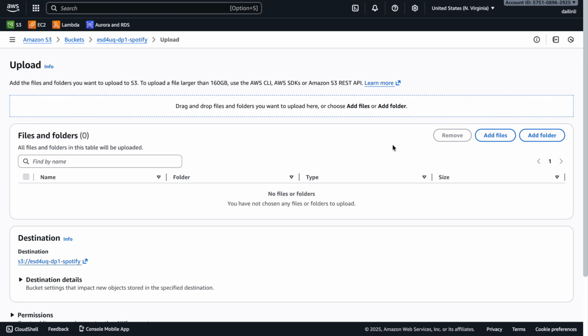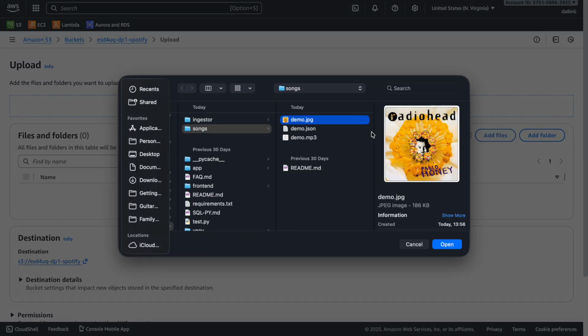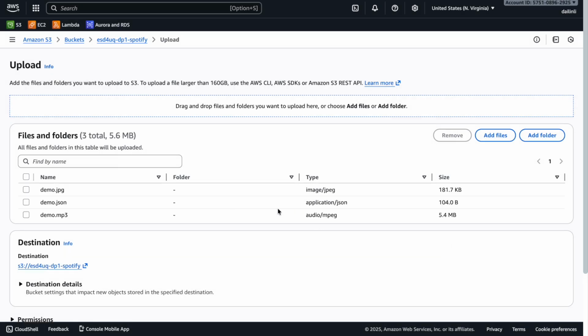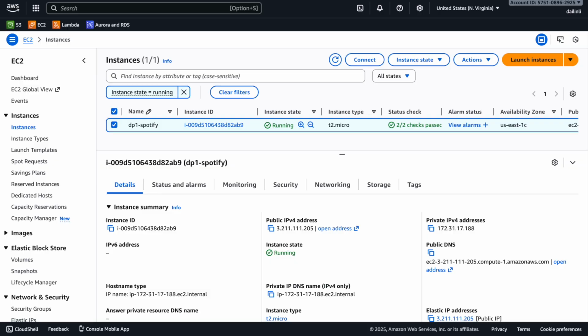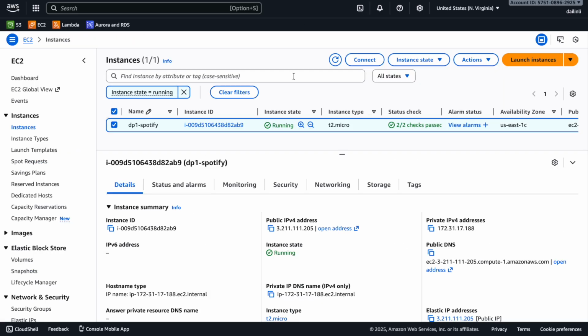So here I hit upload and then add the songs that I've prepared for this demo. Let's try Creep by Radiohead. As we wait for the, oh sorry, hold on, I forgot to upload it. So as we wait for this to happen, let's actually take a look at the ingestion function to see how